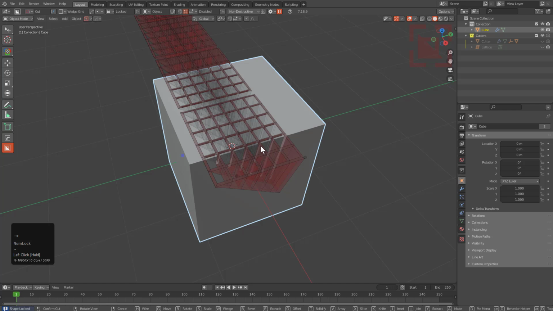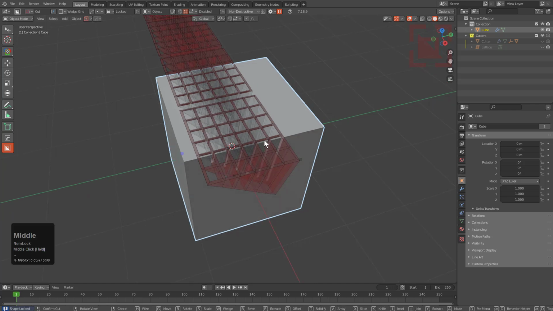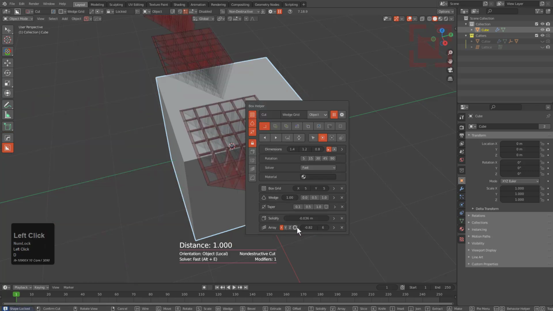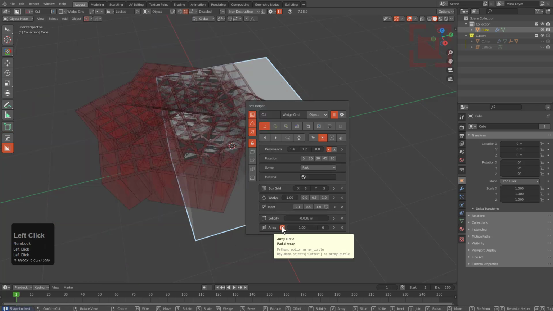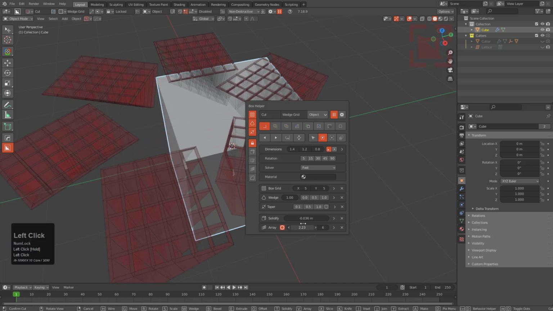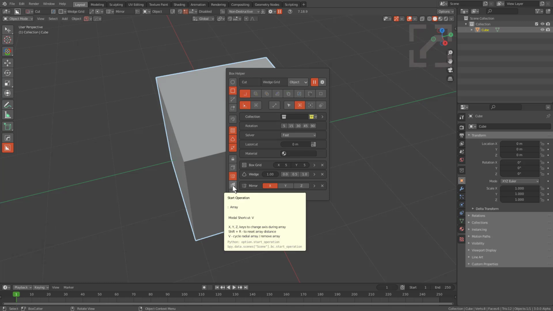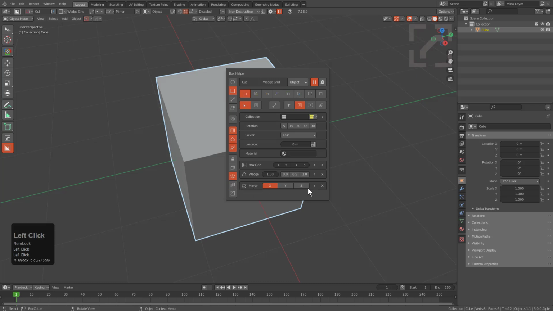But as you can see, you can actually start with multiple start states, and we can press V to turn this into a radial array, or we could have actually gone in and toggled the behavior for radial array inside of the helper and then adjusted the distance using a parameter. However, whenever it comes to these modifiers, it's just important to point out that they are start states still. And in fact, as you hover over them, they say start operation, meaning that you can have this as your start operation whenever you're working, and that will just be a thing. However, unlike shape modifiers, you can't have them all turned on at once,